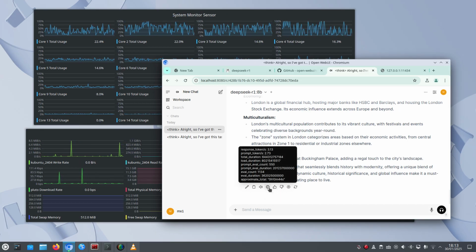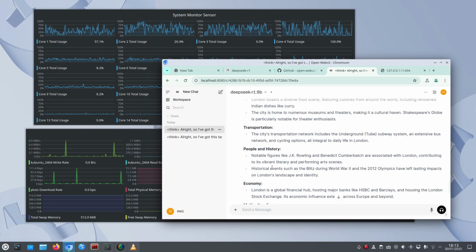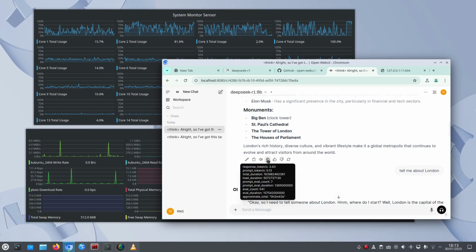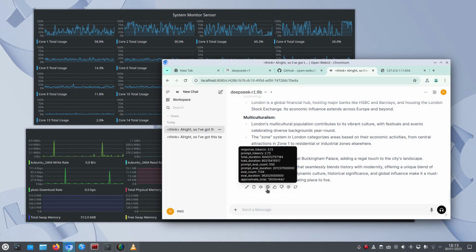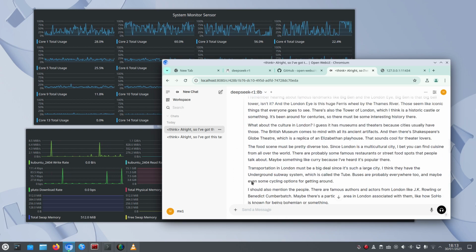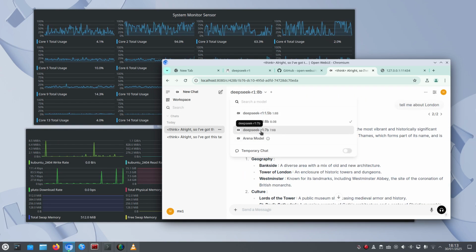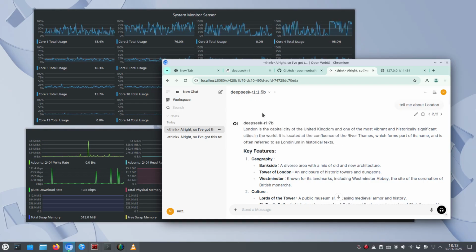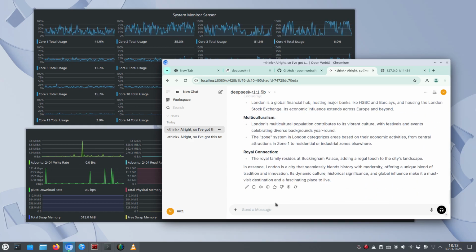So that took 10 minutes and 44 seconds versus 2 minutes on the other one. Obviously, the answers are very different: 2 minutes 43 versus 10 minutes and 43. This is jumping between 7B and 8B models. I'm just going to jump back to 7B, not 7B, sorry, 1.5B. I'm going to ask it a programming question of